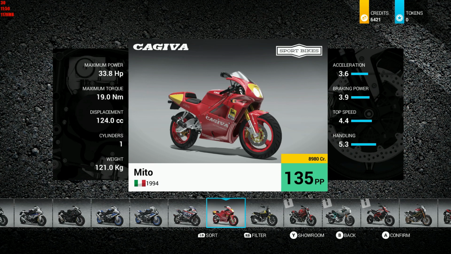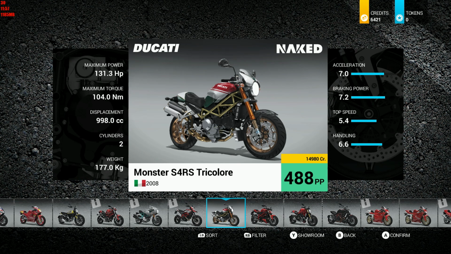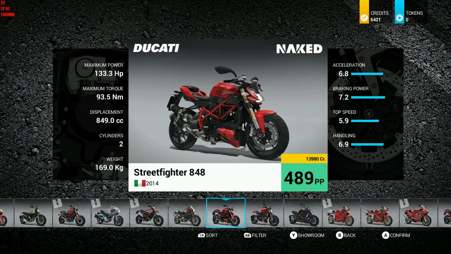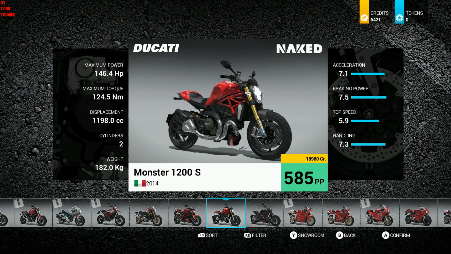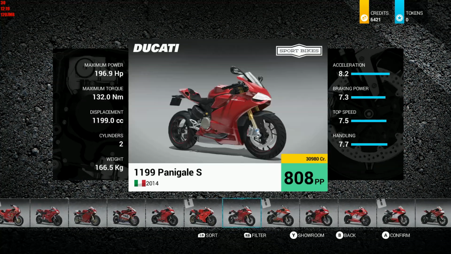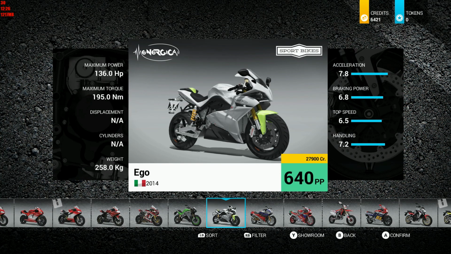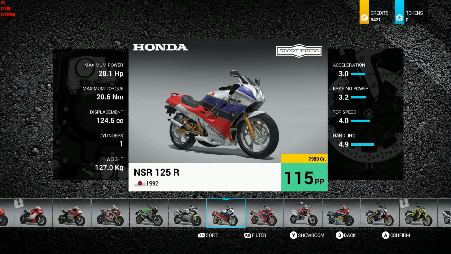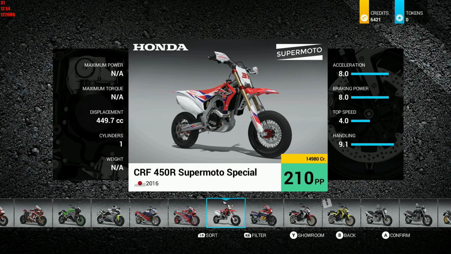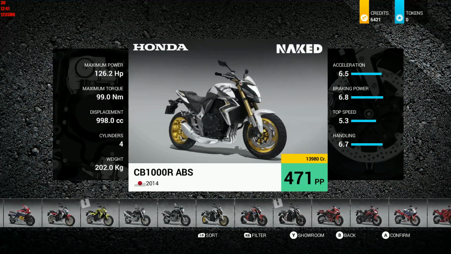Iconic Scrambler. Ooh, nice. I will like that. I'm currently running a Ducati, of course. There's the Monster. I do like those. Man. And all the way up through their super bikes. Like I said, the list is just incredible. Never even heard of those. Then you got Hondas. We got the 250. There's the 125. 7980. That's not bad. So you get all the Hondas,